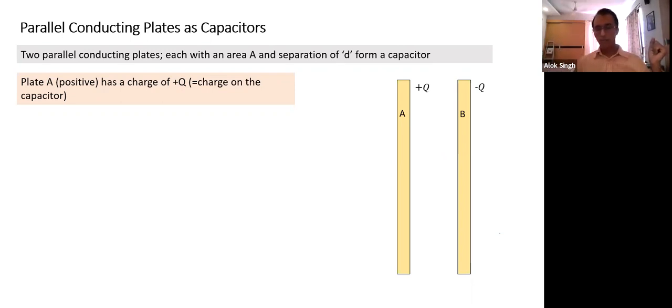E bar dot dr bar. But since the potential difference is independent of path, we can make the task easier by selecting a path so that dr and E are along the same line. So we choose a path along the field line. In that case, what happens? The angle becomes 0 or 180 degrees, so we can get rid of the dot sign. That's the method. Again, I repeat this important point, and we have repeated it many times also: the potential difference between two points is the negative line integral of field between the two points.